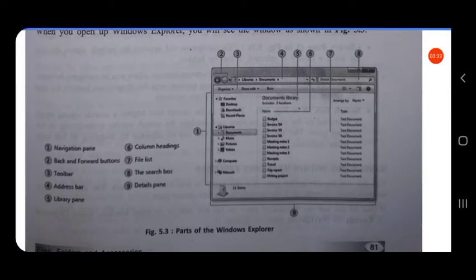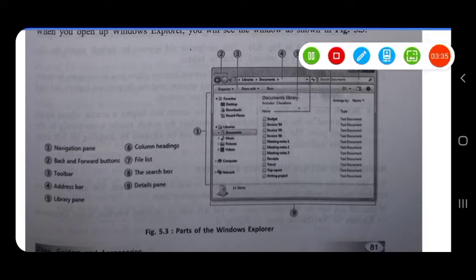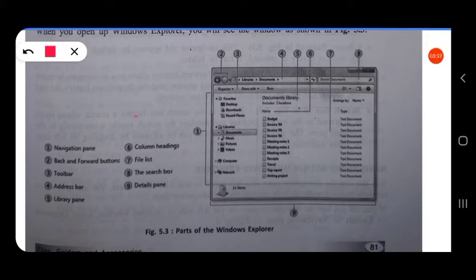So here, this one indicates the navigation pane. We can navigate these things, so it is called the navigation pane. Then here, the back and forward buttons.